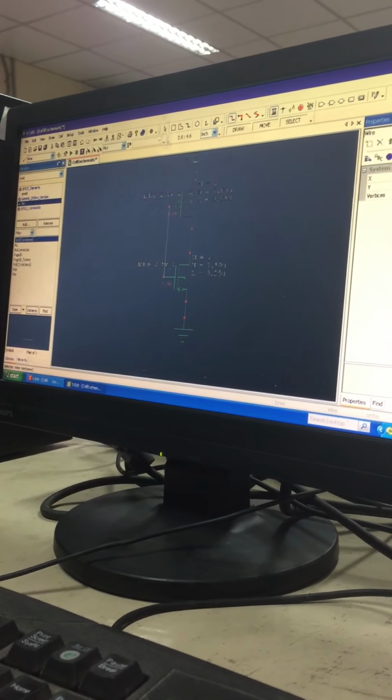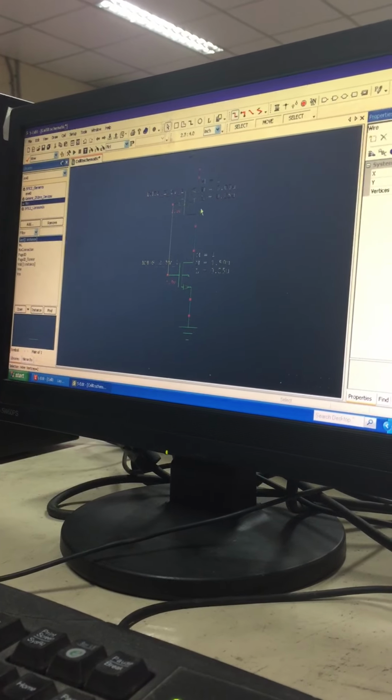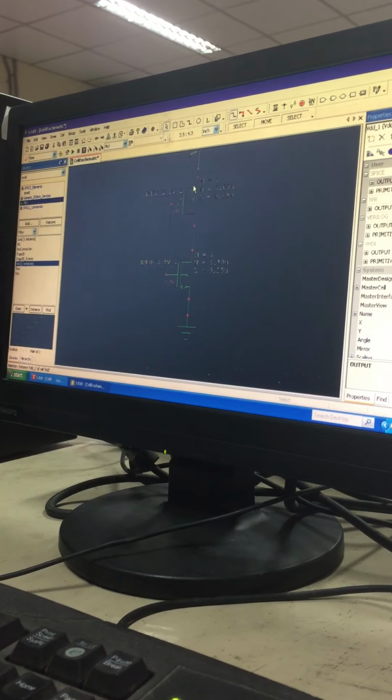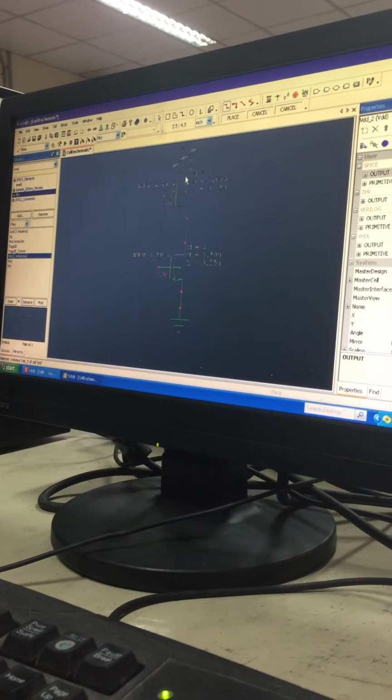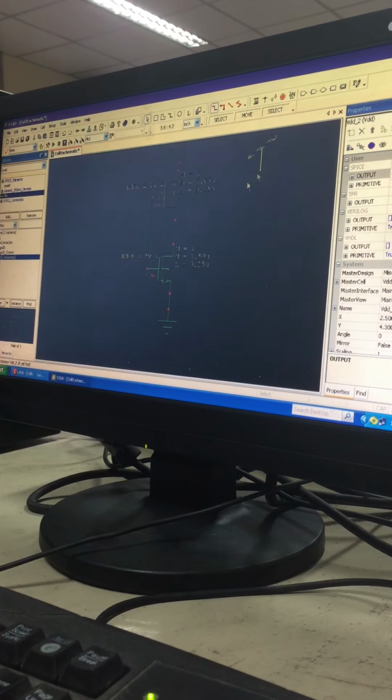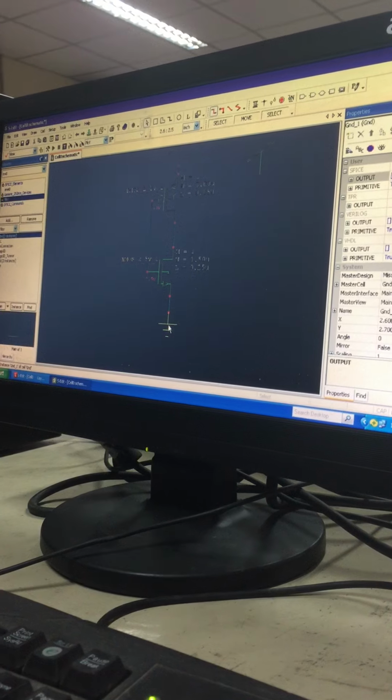So how are we going to define it separately? Now you can select this component, you can place it anywhere. Okay, you can place it here, and similarly you can select this ground,